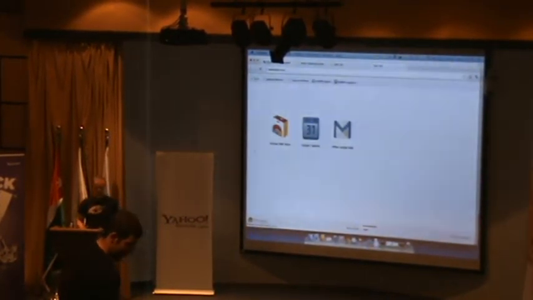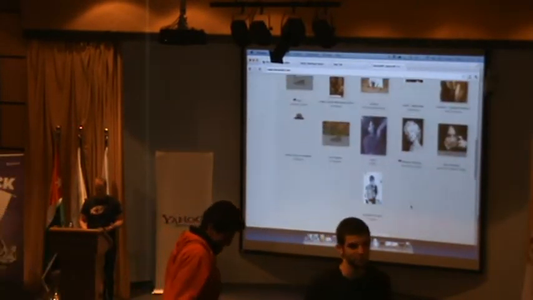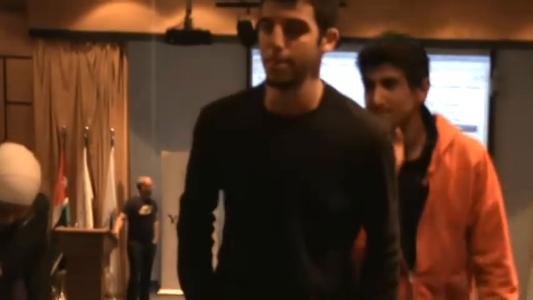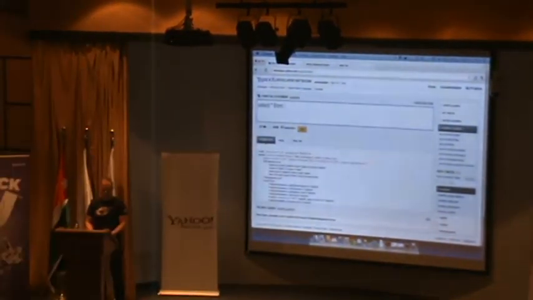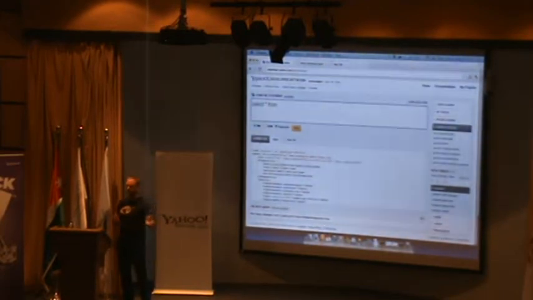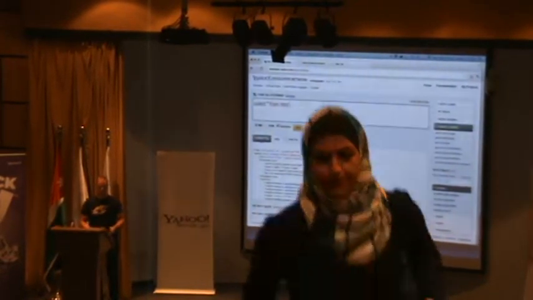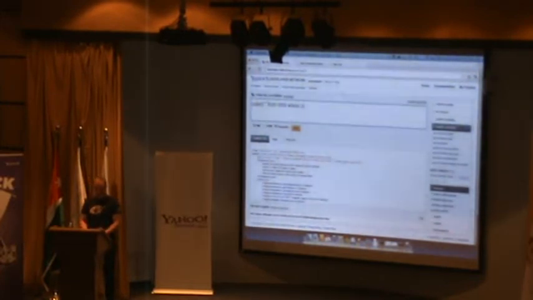For those of you who are designers, you might like DeviantArt, which is like an artist portal where you can go and, oh, hey, that's a little, never mind, close that page. I'll do something a little more tame, hopefully. So select star from, pretty basic SQL syntax, right? Select star from table where whatever. So select star from HTML, where URL equals